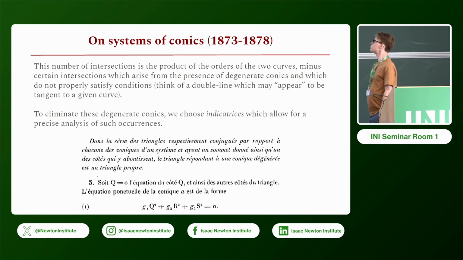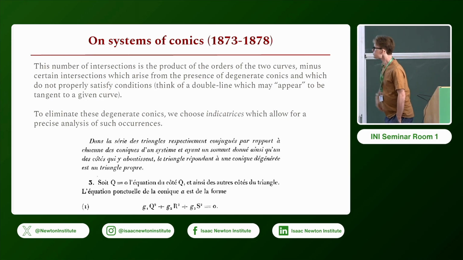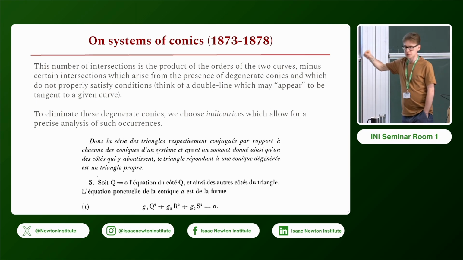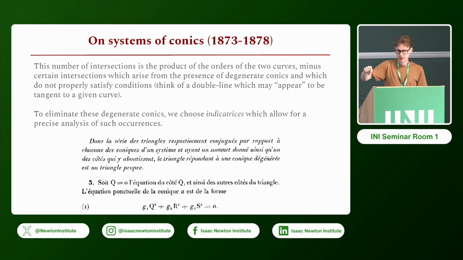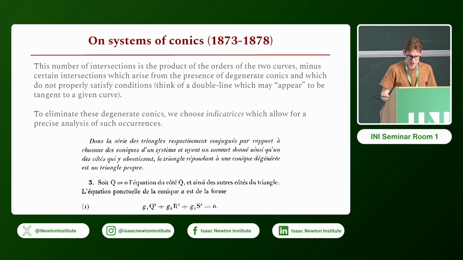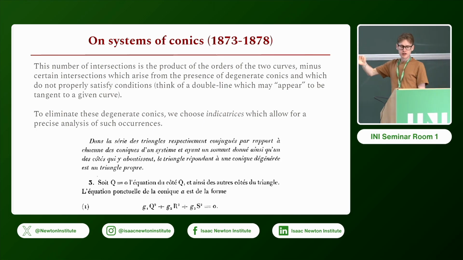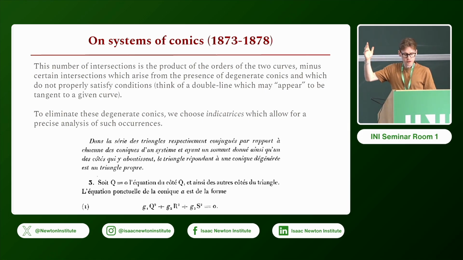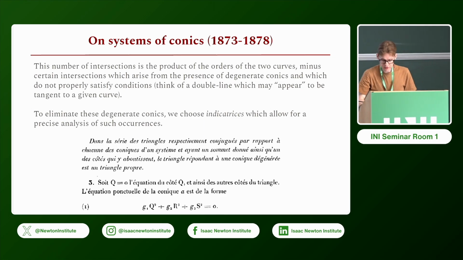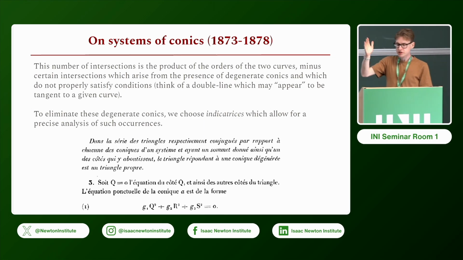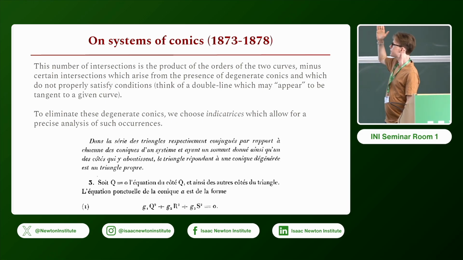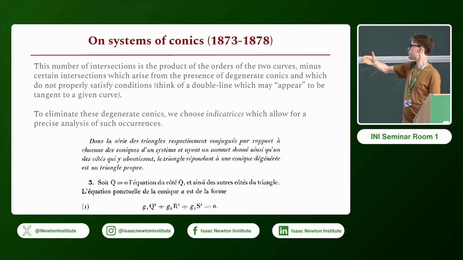This allows us to have three coefficients which correspond to the conics of the system, and these three coefficients in turn can be viewed as the homogeneous coordinates of a point in the plane. So each conic of the system is mapped to a point in the plane, or that is to say, the system is mapped to an algebraic curve. The details don't really matter. But we have this procedure through which we associate conics in the system to points of an algebraic curve.